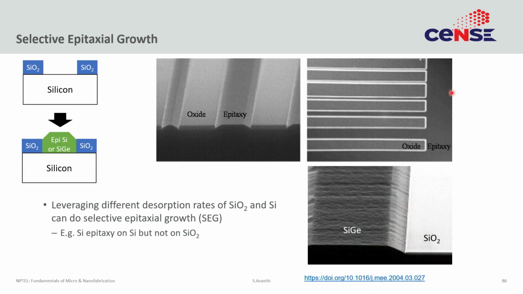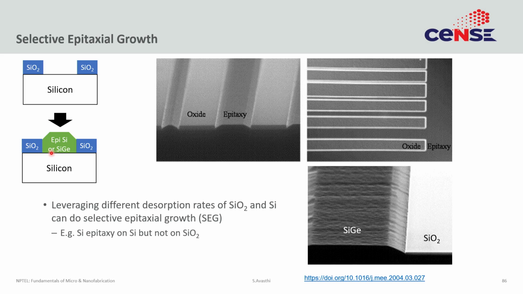Last slide on CVD, and that is selective epitaxial growth. So till now we had talked about CVD that was done on plain unpatterned silicon. In reality, you probably will have patterned silicon. So you will have portions that have silicon dioxide on them. So when you now do growth, ideally you can either get a growth that is conformal, which is that you get growth both on silicon dioxide and silicon, but that is not good because silicon dioxide is not crystalline, right? So it will not seed the layer. So you will actually mess up this single crystalline growth that is happening from the silicon. The silicon dioxide growth will impede that growth that is coming from silicon.